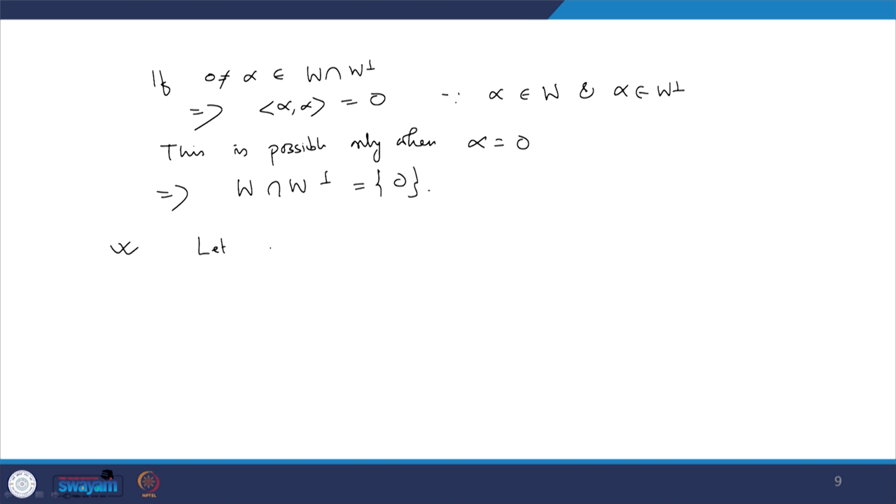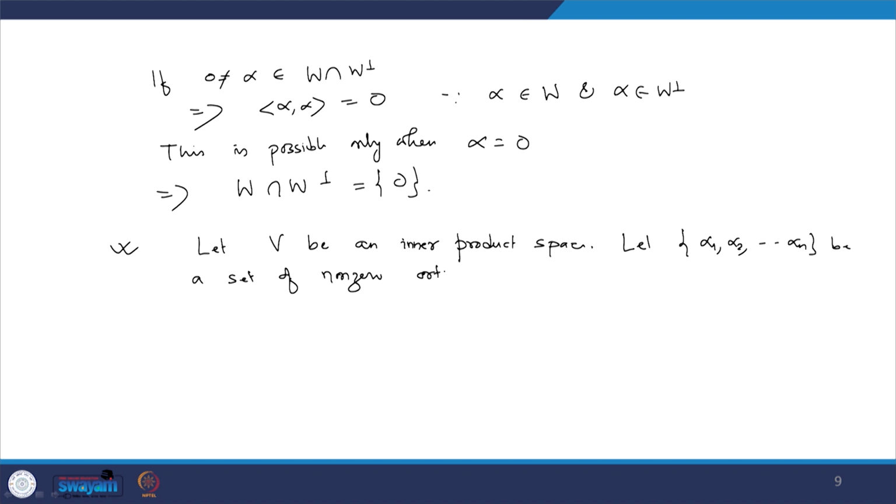Let V be an inner product space. Let alpha 1, alpha 2, ..., alpha n be a set of non-zero orthogonal vectors of V. Let beta belong to V be any element,